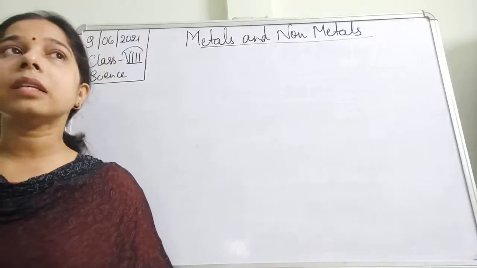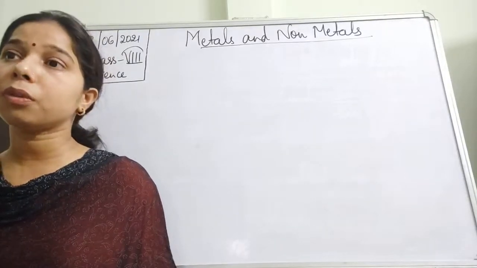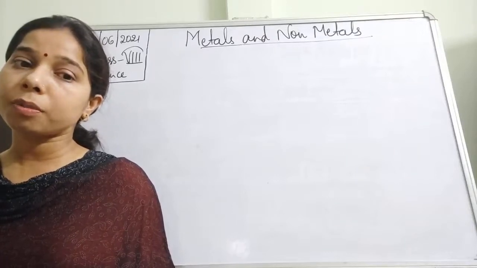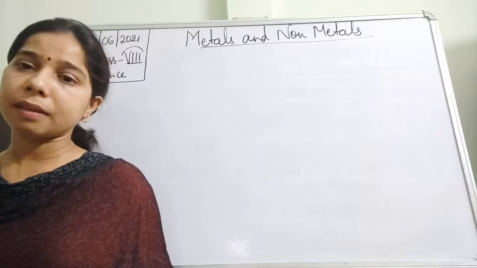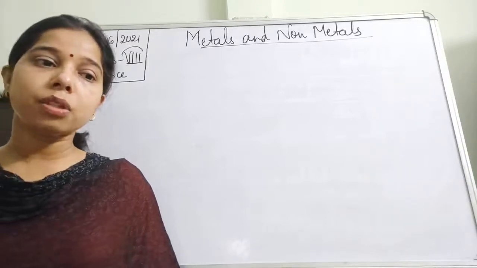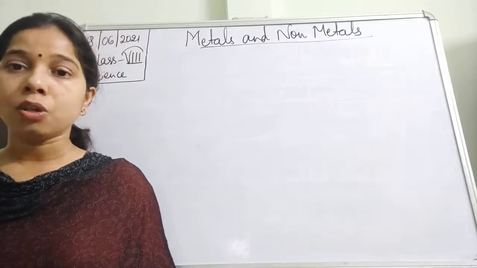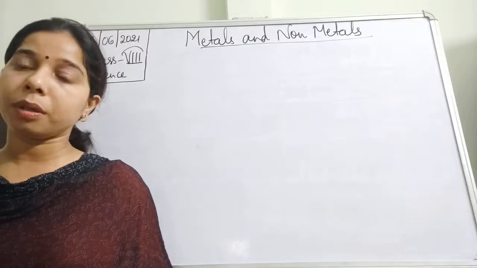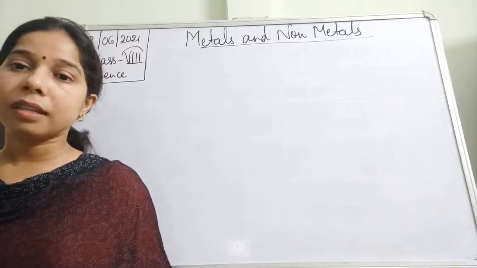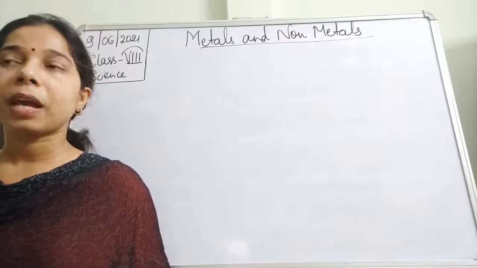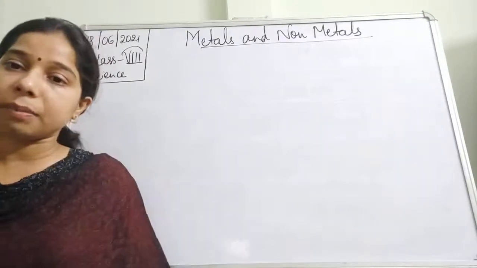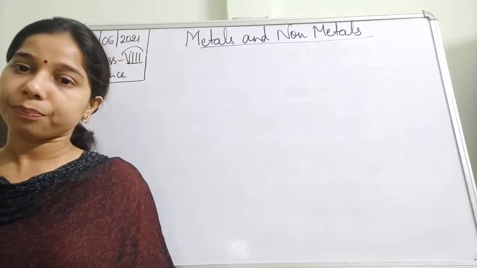We have also seen nickel and chromium, students. Nickel and chromium are both used in alloys. Basically they are used in making stainless steel. So we can say that nickel and chromium are used in making alloys. Then silver is there, gold is there. Since silver and gold have the luster property, they are used in making jewelries.